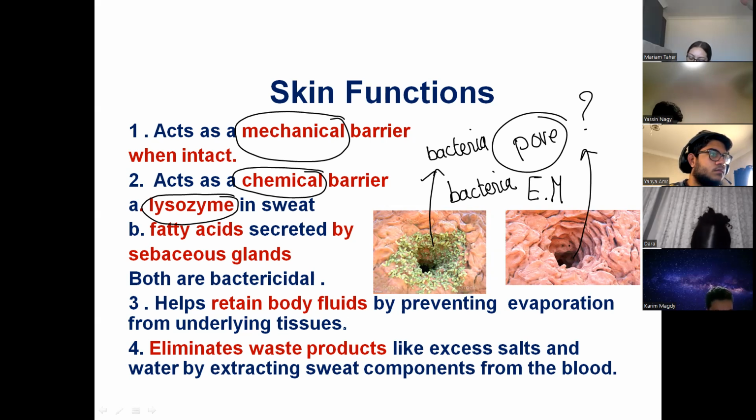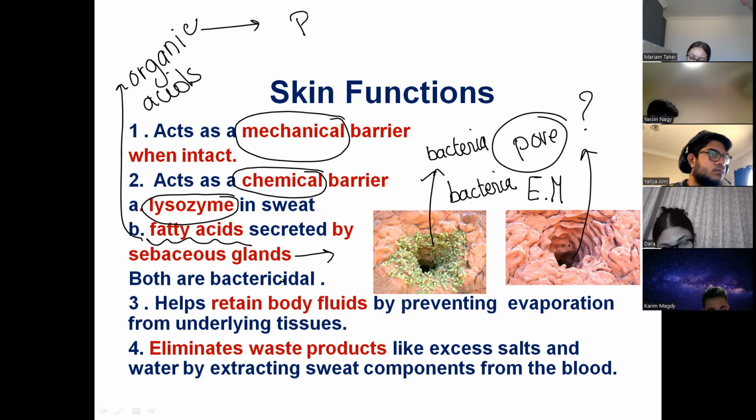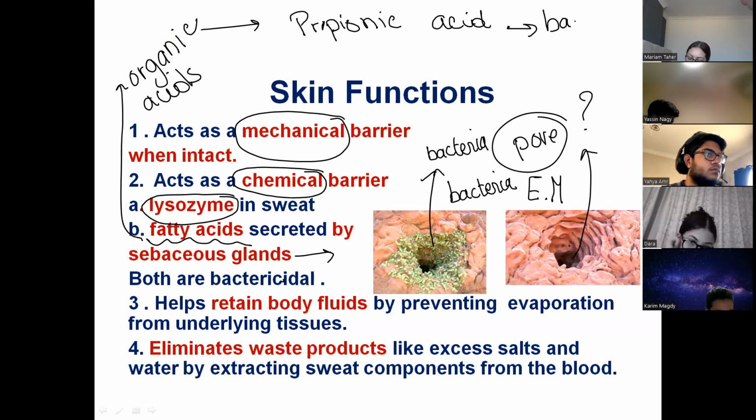Not only the sweat, but also the sebaceous glands contain a chemical substance that is bactericidal, and that is the fatty acids. The fatty acids are organic acids that are produced in the sebum, the fatty secretion of the sebaceous glands. And if you remember, the most important organic acid that was produced was propionic acid. If you remember the P. acnes bacteria that caused acne vulgaris, they produced propionic acid, and propionic acid was bactericidal,